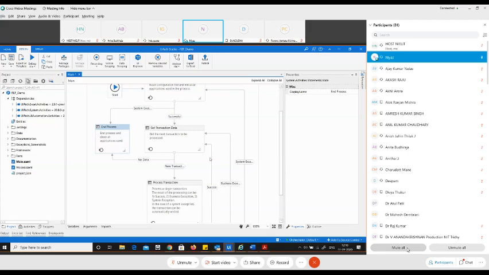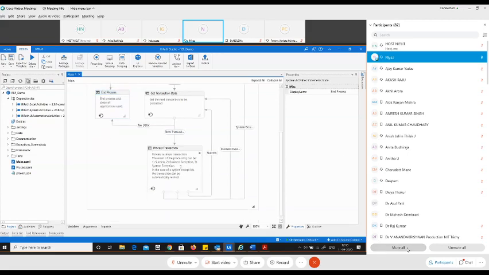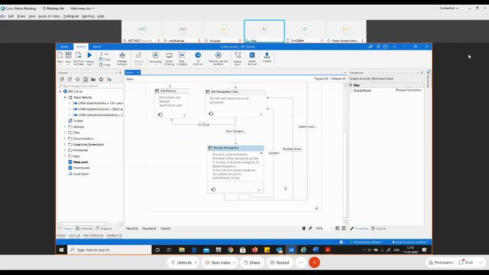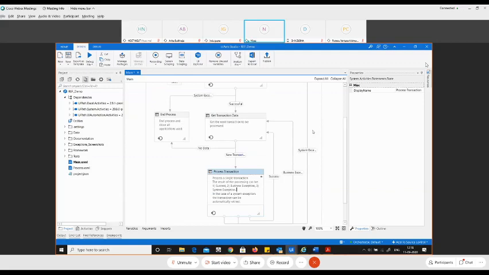Okay, so let us proceed further. The next state is the process transaction state. It processes a single transaction. The result of this processing can be success, a business exception, or a system exception. If it's a system exception, the processing of the current transaction can automatically be retried.